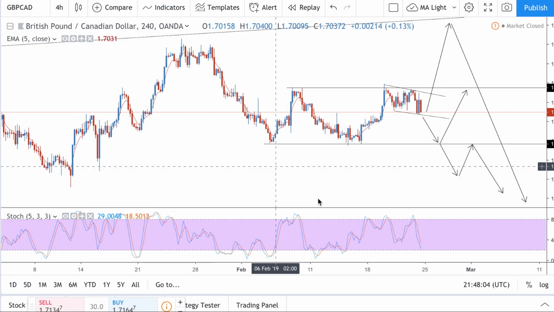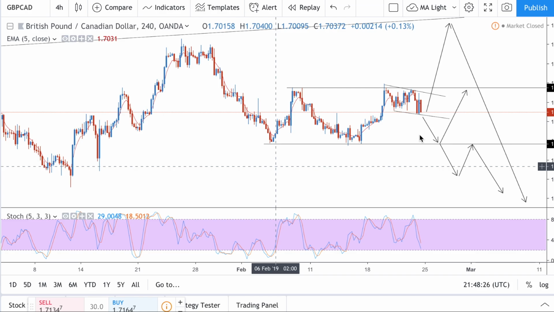Guys, just a quick breakdown of GBP CAD. This is the current outlook I've got for the 4-hour time frame. You can see we're currently trading sideways at the moment. Nice rectangle pattern. We do have a nice little flag here, so there is the potential to retest the top of this